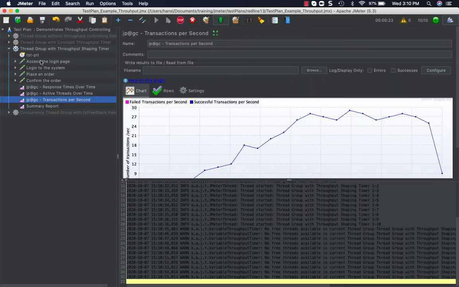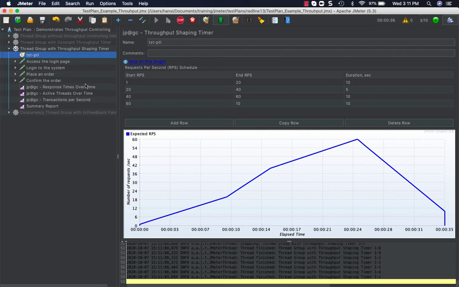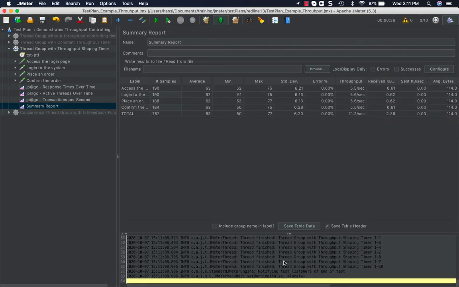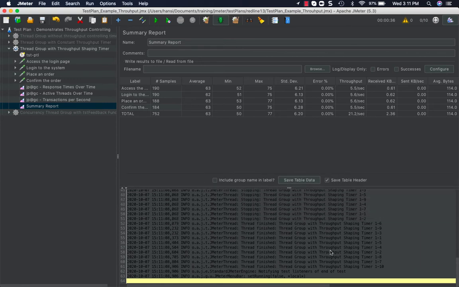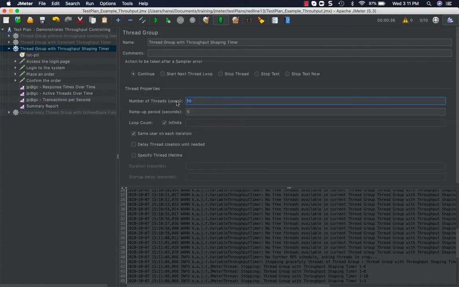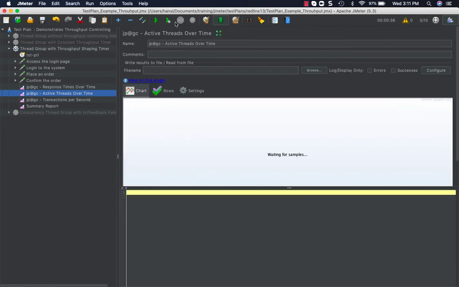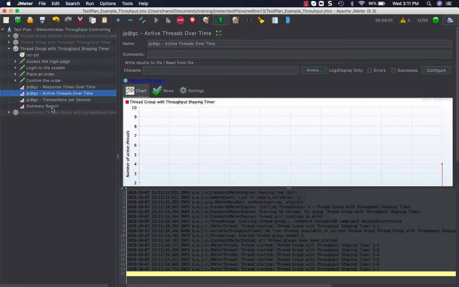For example, here we need 60 at one time in this particular period after 14 seconds, but after 35 seconds you are getting a message in the log saying that no sufficient threads are available, no free threads are available. For that, what you have to do is increase the number of threads, say 50, and Control E, clean it, run it, and see the effect.